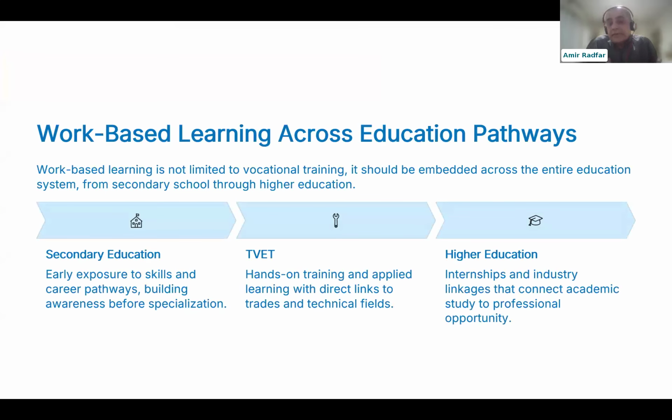So that's why this approach should not be limited to one level of education, as we keep saying, because work-based learning can be integrated across the entire system, from secondary to vocational training. We assume that even university students studying engineering, or those going to secondary vocational schools, are practicing because of the name of the program. But again, honestly, based on the evidence, that's not really the meaning of real work-based learning. Real work-based learning is one step before employment.